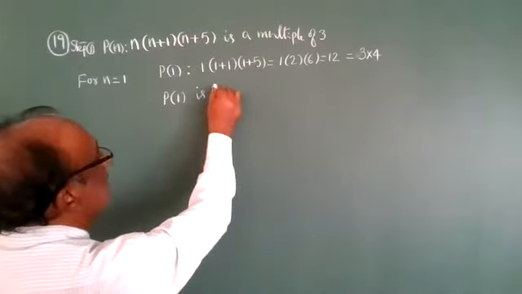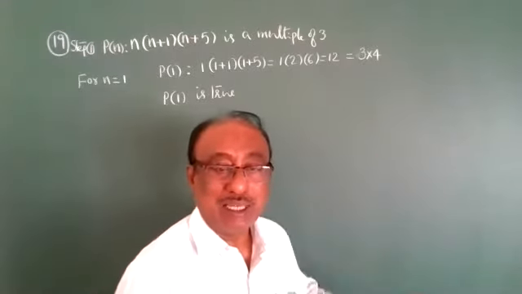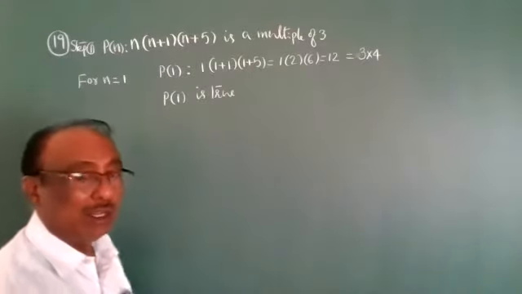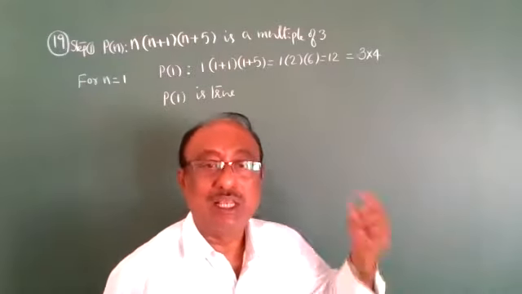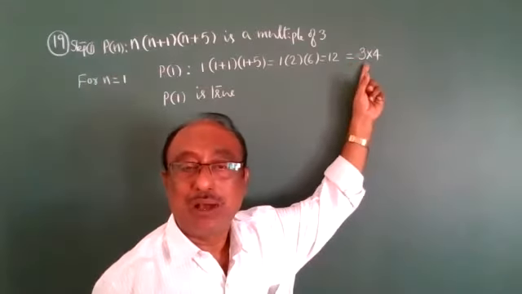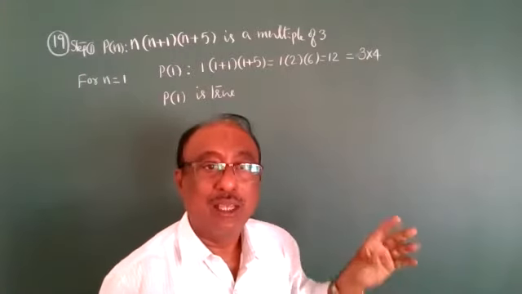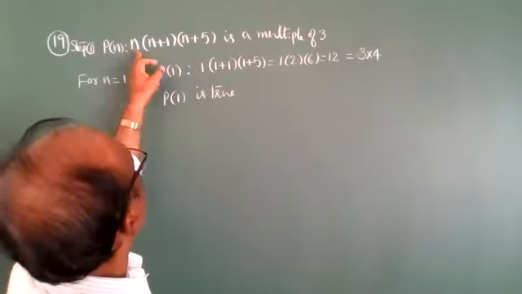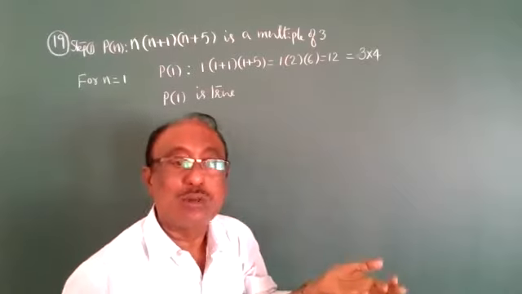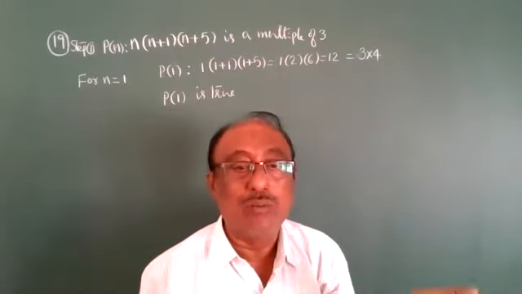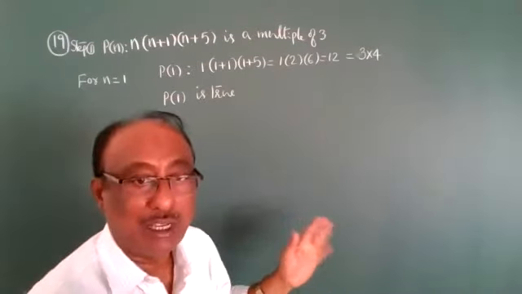Here there is no left hand side or right hand side. They are minimizing more steps, with no simplification on the left hand side or right hand side. Just observe that it is a multiple of 3. For n is equal to 2, we get the same: 2 into 3 into 7 is 42, which is also a multiple of 3, 14 times 3 is 42. Every number gives a multiple of 3.